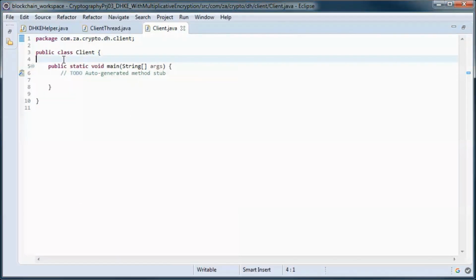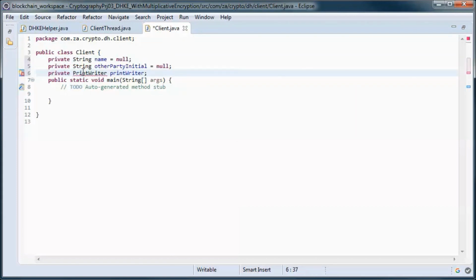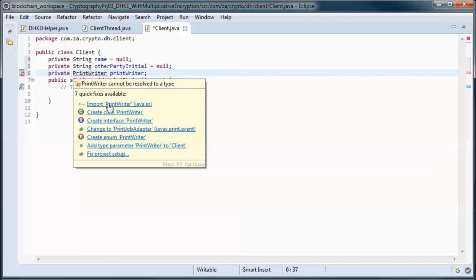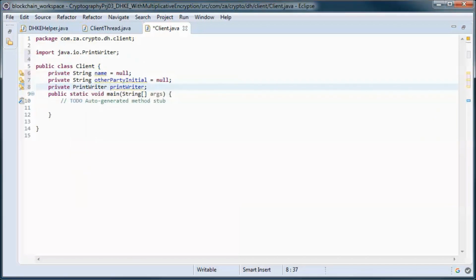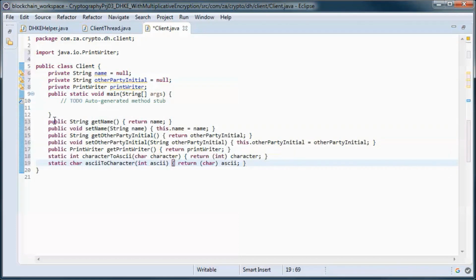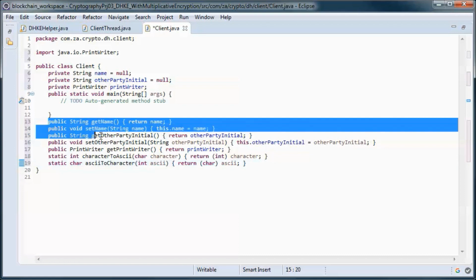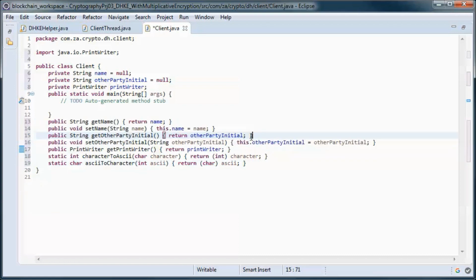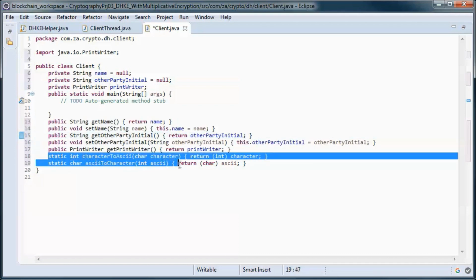And the client class will have those three instance variables, and get and set methods for them, and those two static methods.